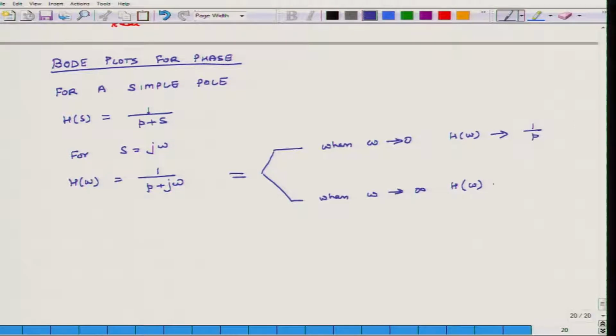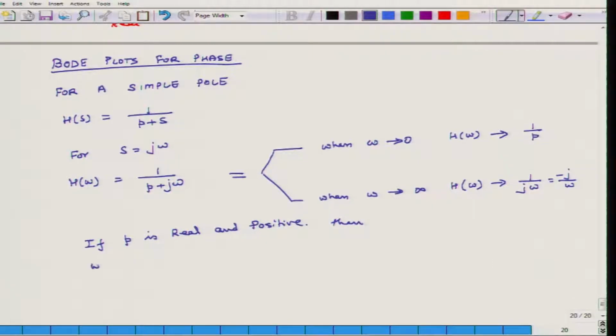So, this approaches 1 over p. In this case, H of omega approaches 1 over j omega, or it becomes minus j over omega. Now, here we make an assumption that if p is real and positive,